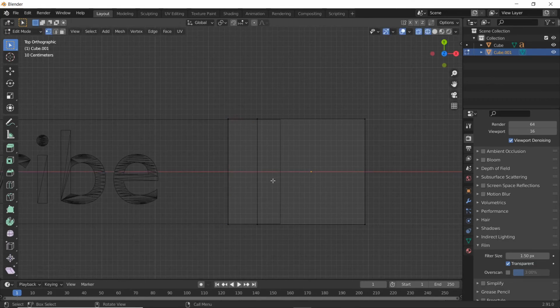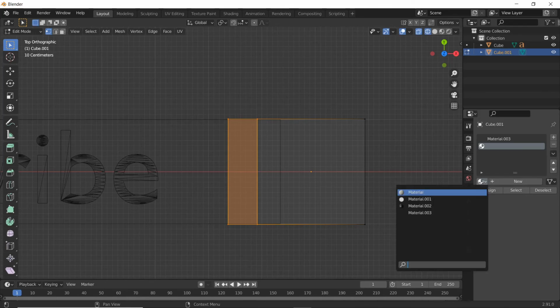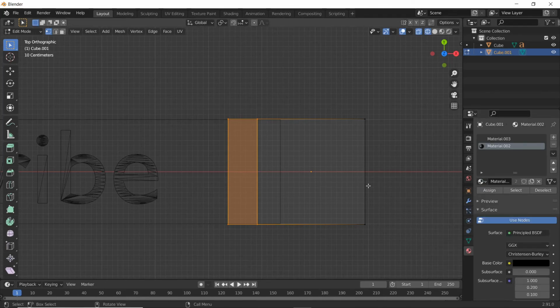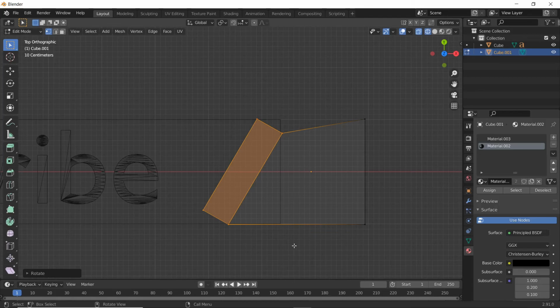Now this is going to be a visible chunk here. Now I'm going to hit B to box select again, select all those guys. Go down to Material, hit plus to add a new one, and then select our black material that our cube is made of. Make sure you hit Assign while it's in edit mode. Then with these selected, I'm going to hit R to rotate and hit -30 degrees to rotate it,